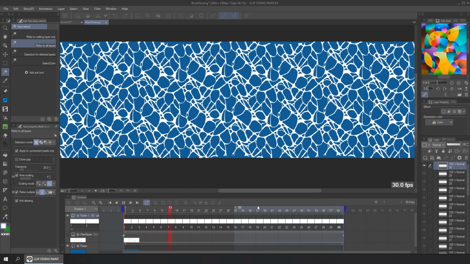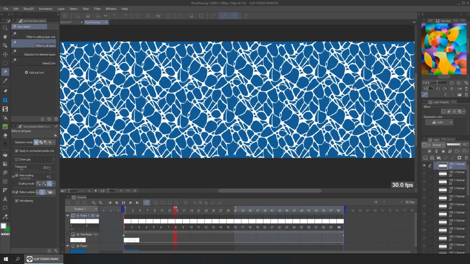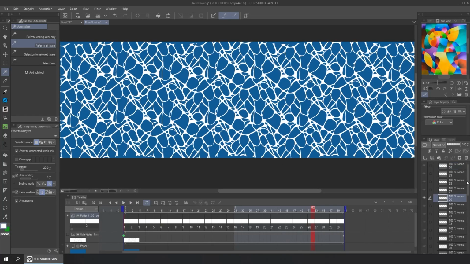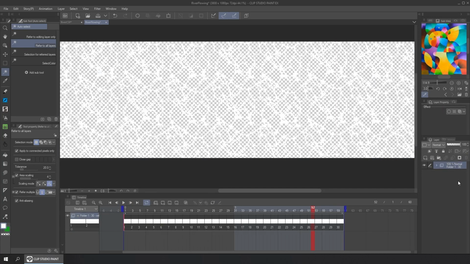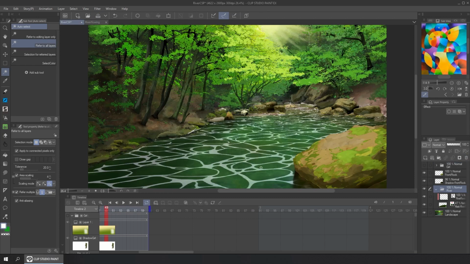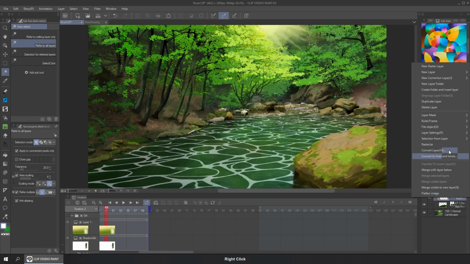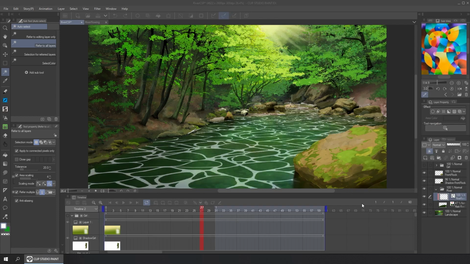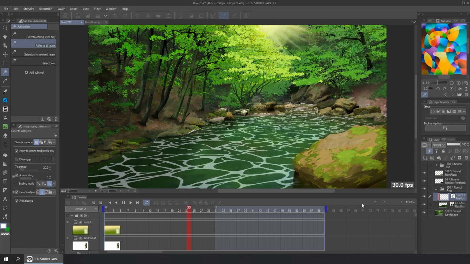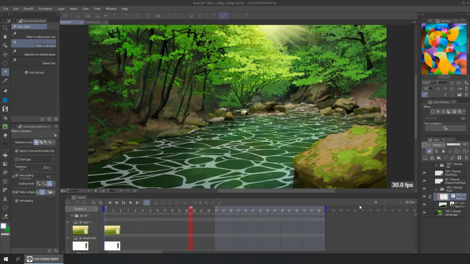So this is how it looks. Now we can erase this paper layer and we can erase the keyframe layer and save the file. If we go to the main file, right click over the file and click File Object, Update File Object. And this is how it looks. It looks a lot better.